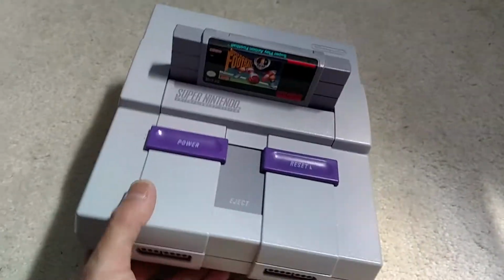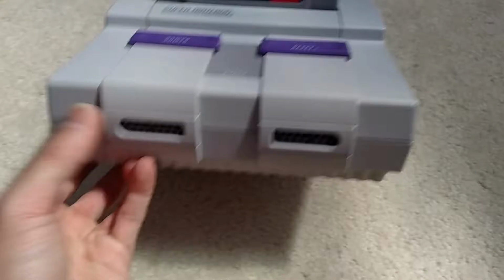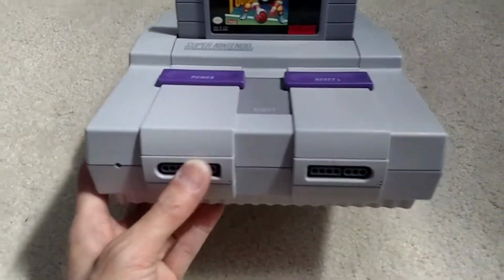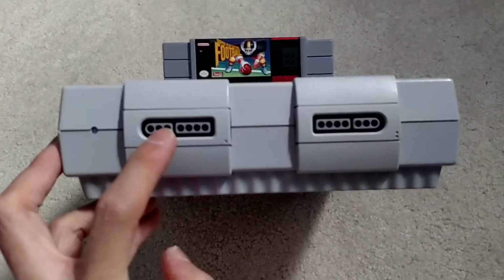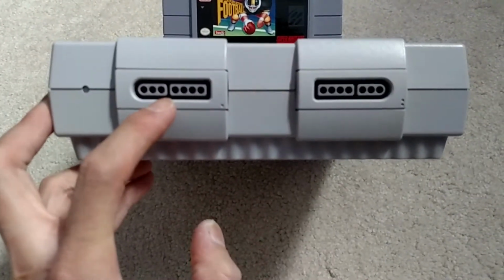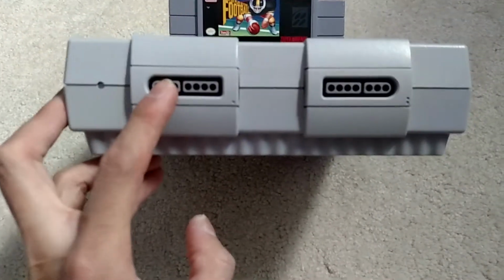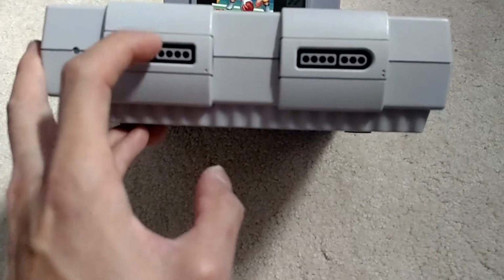Super Nintendo all reassembled. One other thing is somebody asked me, I think a while back, what did you use for these connectors? What I did was I took a Tomy SNES to USB. I cut the prongs off of it, and then I soldered it to the back